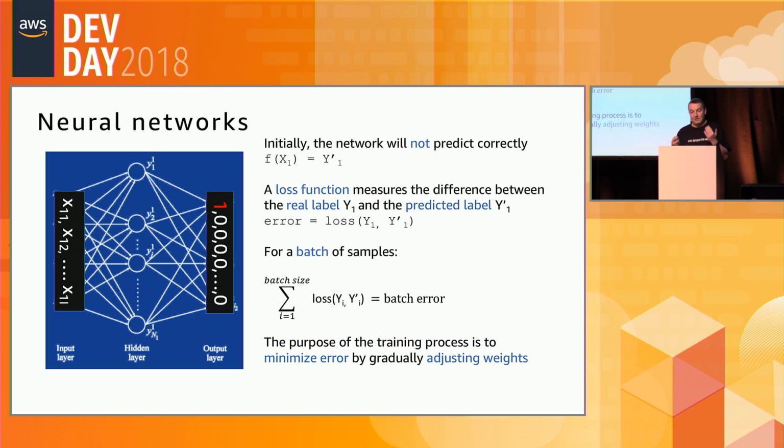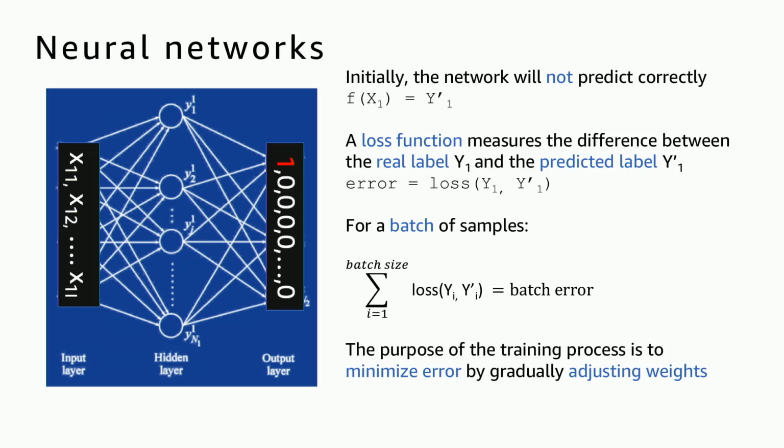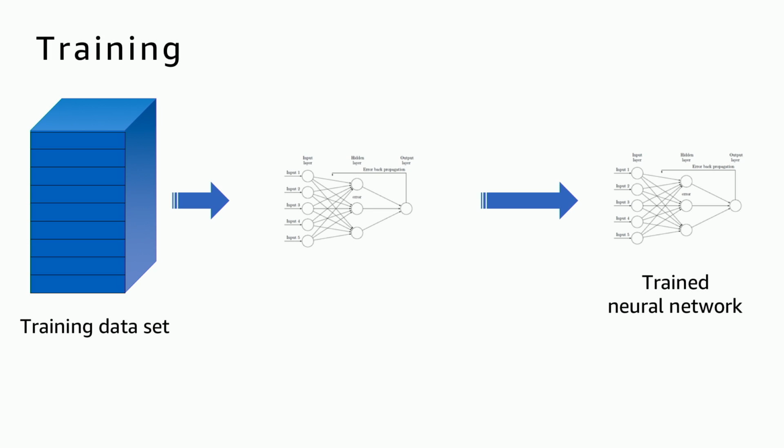Okay? And this is what the training process does. It's discovering iteratively what the right, I couldn't say right, what the hopefully optimal weights are. So this is how the training process goes. So you have a training set, you slice it in batches, like I said. You take one batch, push each of its samples through the model, forward propagation, compute the batch error, and then